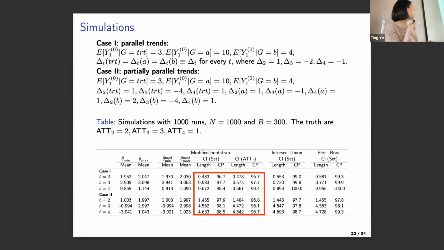However, for our procedure, we have a less conservative, shorter confidence interval, still with more than 95% coverage probability, and the version for the point identification, because we can adjust the significance level. This is especially so in case 2, where it's shorter compared to the version for the identified set. And lastly, these are our half median unbiased estimators, and you can see that they are less biased compared to the simple sample analogs.